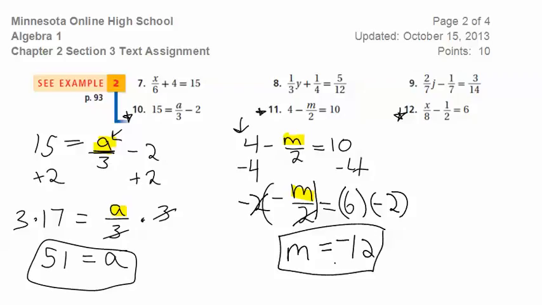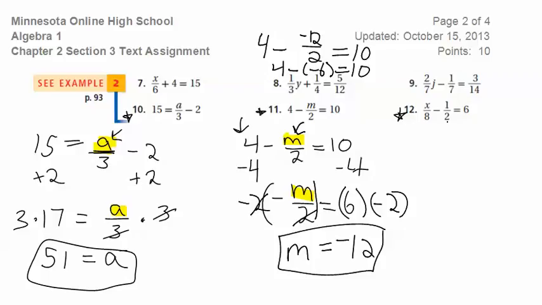And you can, of course, check this by taking and putting in negative 12 right there. So that would be 4 minus negative 12 divided by 2, and we want to see if that equals 10. So 4 minus a negative 6, and minus a negative is a positive, so 4 plus 6 would equal 10, so it checks. All right, the last one,